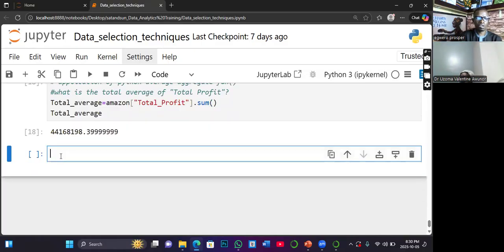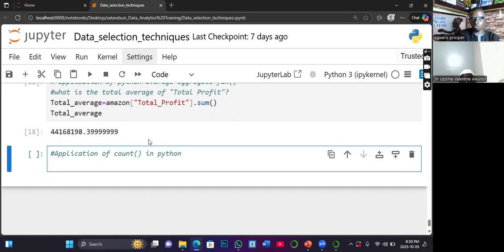Okay, so now, let's say application of count function in Python. Application of count function in Python. So what is the task? How many? The task is what? How many transactions